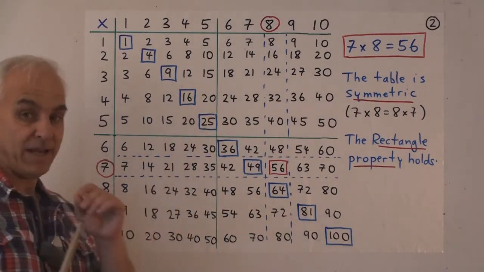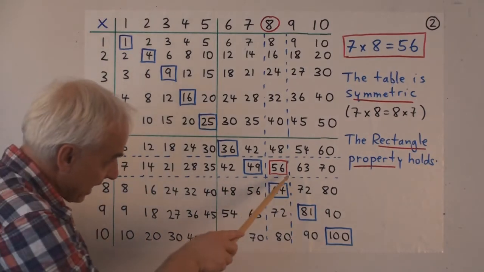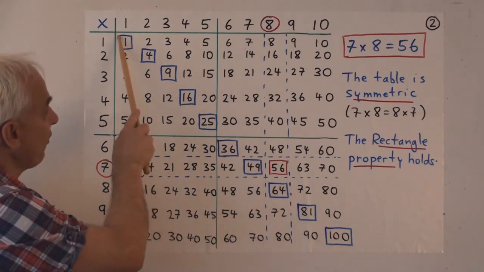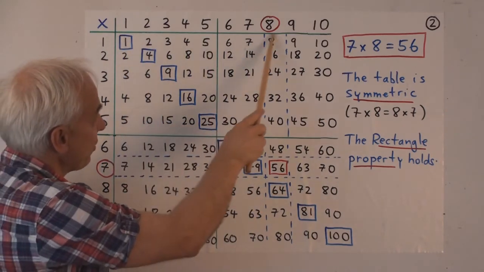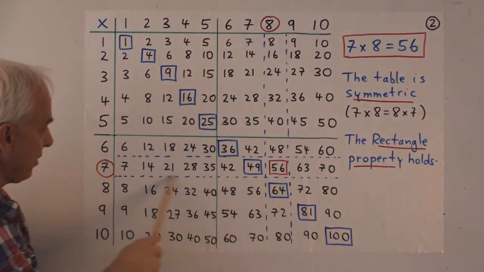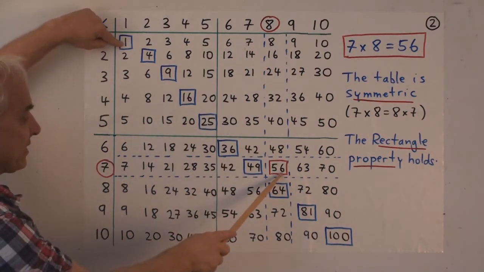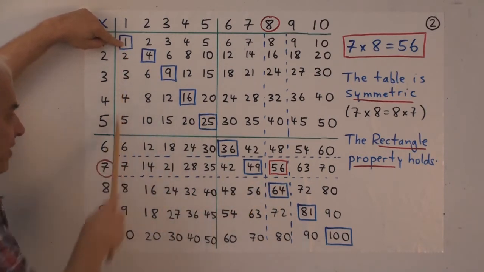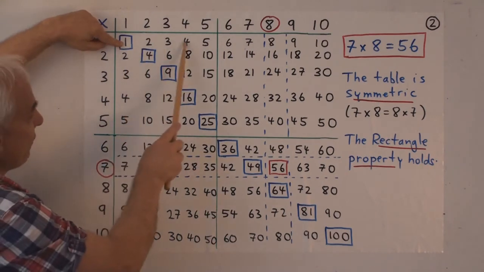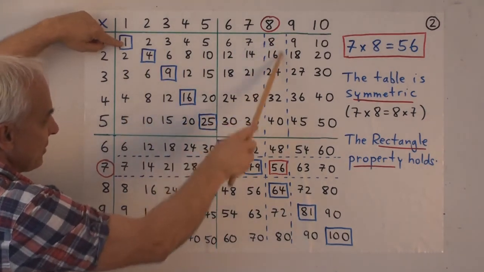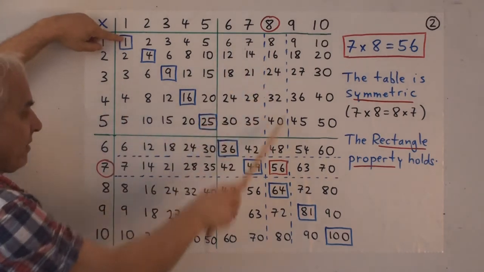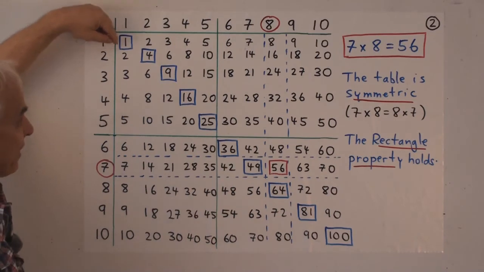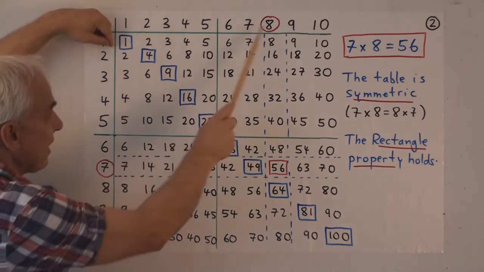Well, in this table there already is exactly such a rectangle. And it's exactly the rectangle whose bottom corner is this 56, and whose top corner is this one. So the rectangle that you get by going all the way over here and down here, so the one whose corners are 1 and 56, that rectangle has 1, 2, 3, 4, 5, 6, 7 rows, and 1, 2, 3, 4, 5, 6, 7, 8 columns. So that's a 7 by 8 rectangle. And that 56 then is actually counting the number of cells in this rectangle.